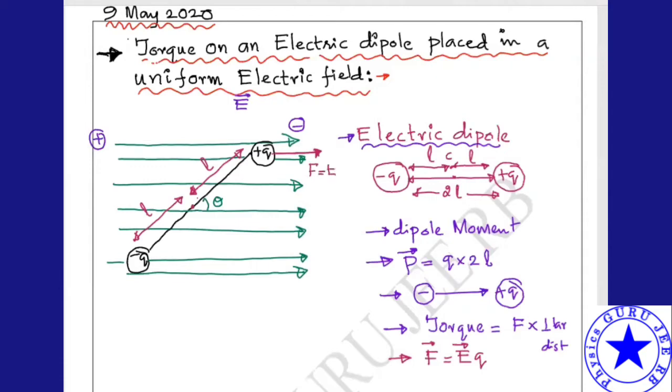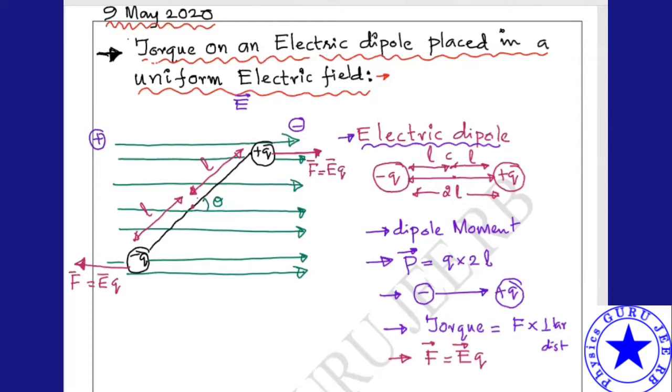Why is it acting along the direction of the field? Because this is a positive charge, they will get repelled by each other. Next, in this direction, this is the direction of force, because it will be attracted towards the positive charge or electric field. It will move opposite to the direction of the electric field. Here also F equals E into Q. Hope it is clear till this point.